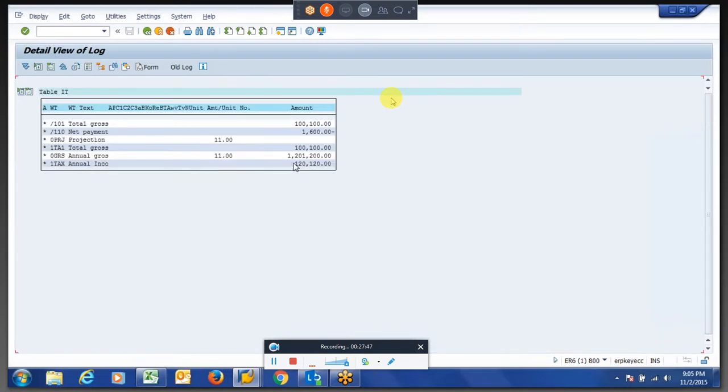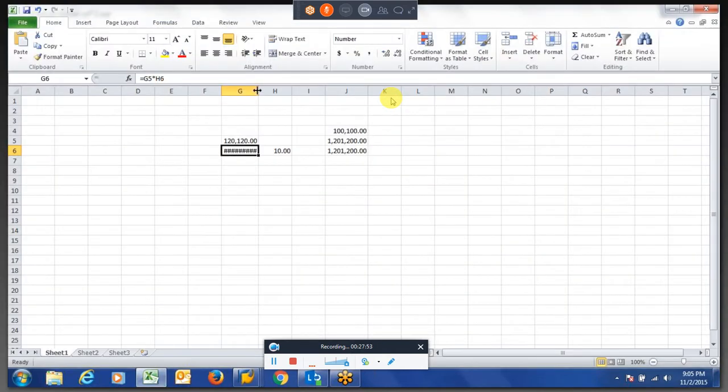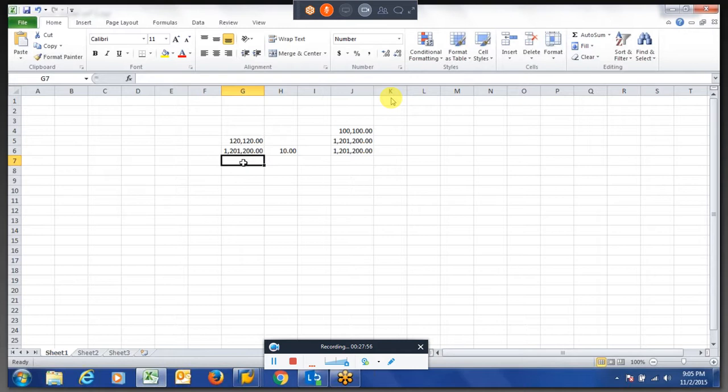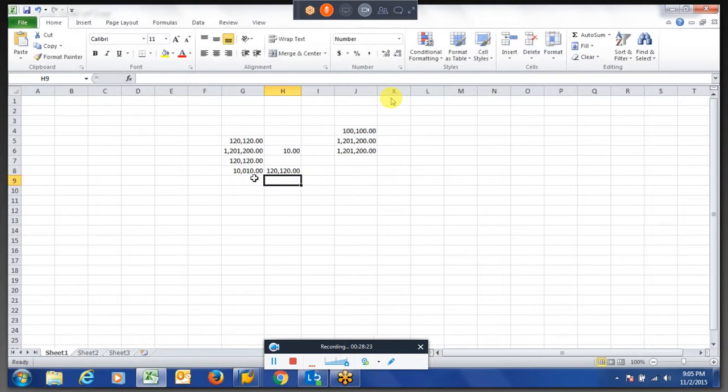Right, so one tax is this much. What is the amount we got? This is the annual tax, so this we are going to divide by 12 months. So for the month of January, we are going to deduct this much. So every month if you deduct 10,010 rupees, within the 12 months you will be deducting all the annual tax. So that is the logic we have written, right?